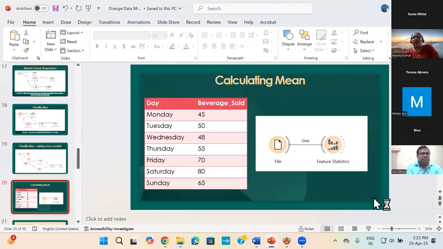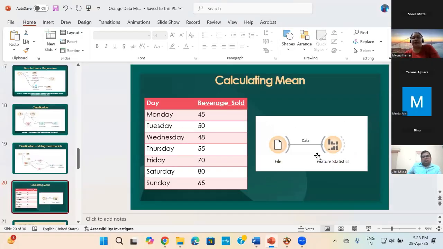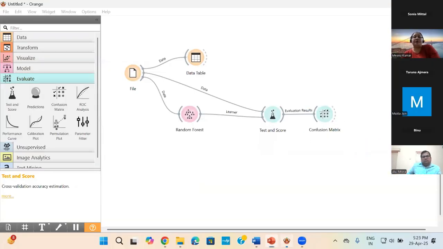Okay, next I wanted to show you, if you want to do very simple things like calculating the mean, median, mode, you can do that also. There is this data set that I have taken, and I am loading it in the file, and in the feature statistics, I am now selecting what to do, whether to add mean, median, mode. So